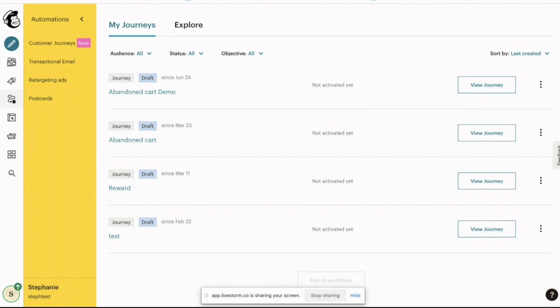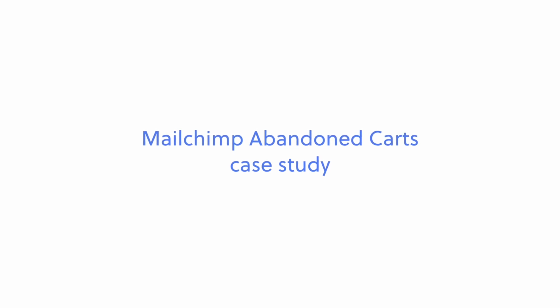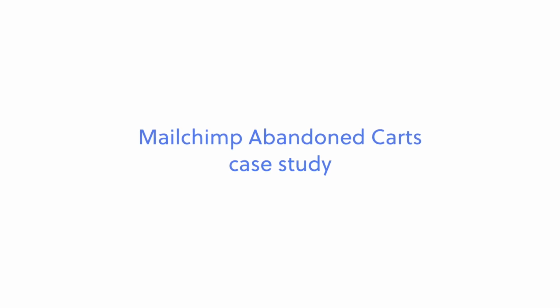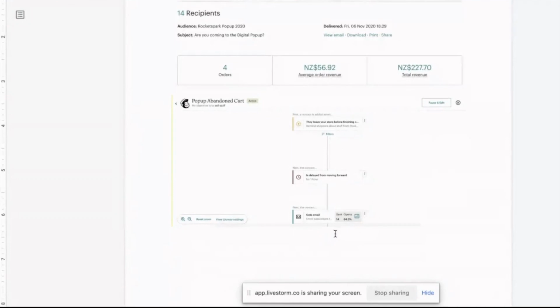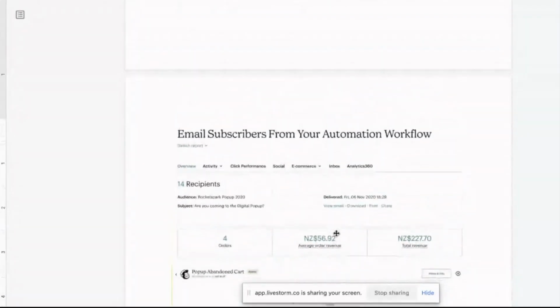I've actually got a small example of this. I've pulled through a little screenshot from when we did our pop-up shop. We set up a pop-up abandoned cart, and it had a little delay there in moving forward for 1 hour, and then we could send out an email, and you'll be able to see what comes from this.